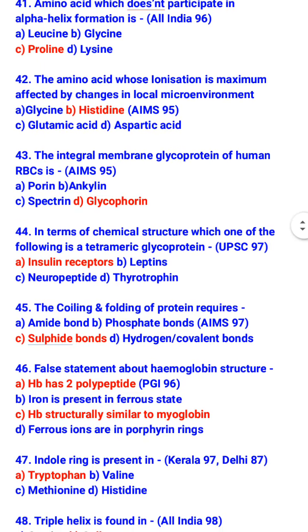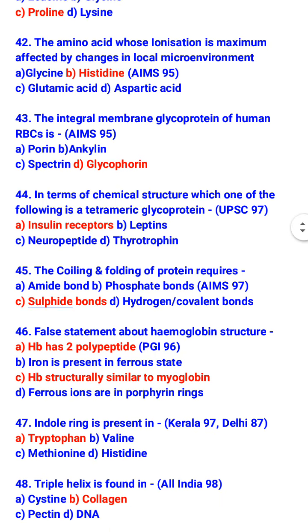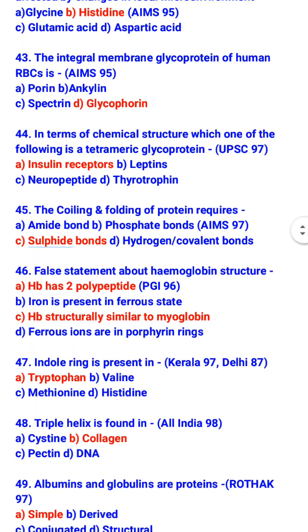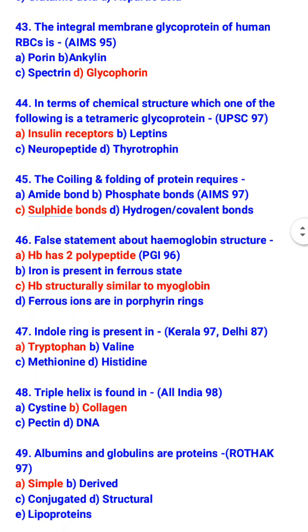In terms of chemical structure, which one of the following is a tetrameric glycoprotein? Insulin receptors. The coiling and folding of protein requires disulfide bonds. False statement about hemoglobin structure: Hb has 2 polypeptides, and Hb is structurally similar to myoglobin. Both are false. So what is true is iron is present in ferrous state and ferrous ions are in porphyrin